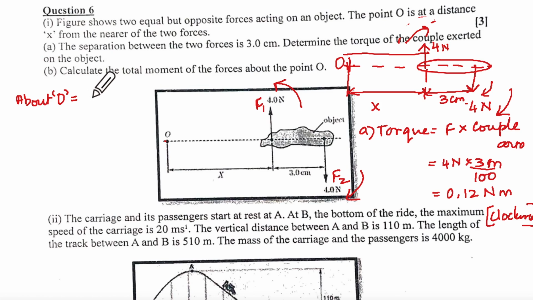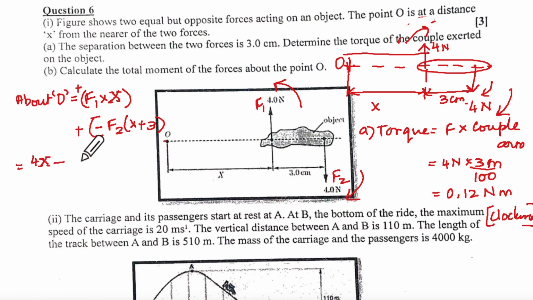F1 into X, and that will be anti-clockwise, means plus, and negative F2, put a box bracket here, into X plus 3. How much is it coming to? 4x